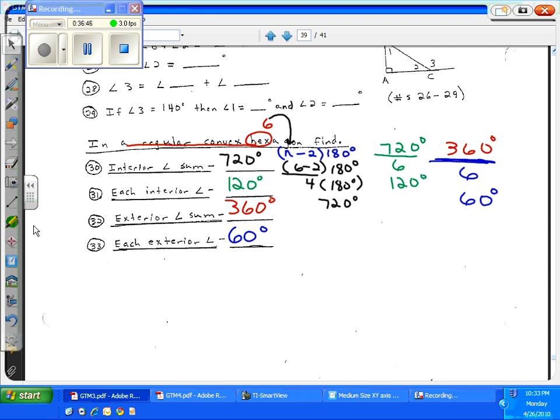So the formula for the interior angle sum of a regular convex polygon is n minus 2 times 180. Each interior angle of a regular convex polygon is n minus 2 times 180 over n. The exterior angle sum of a regular convex polygon, or just a convex polygon, is 360 degrees, and each exterior angle of a regular convex hexagon is 60 degrees. Well,